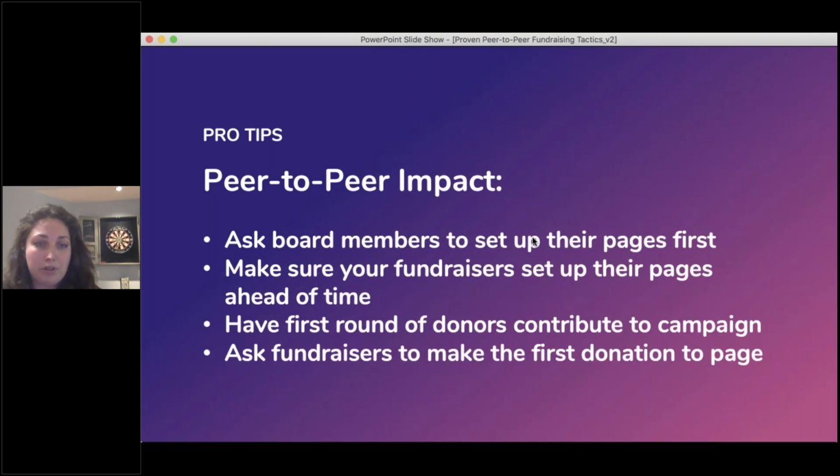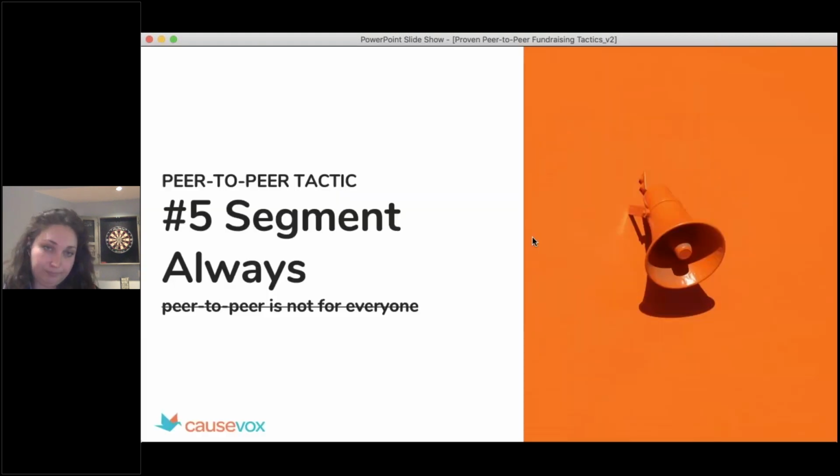Have some donors contribute ahead of that launch as well, and ask your fundraisers to maybe make the first donation to their page to kick it off, even if it's a small donation. All right, so